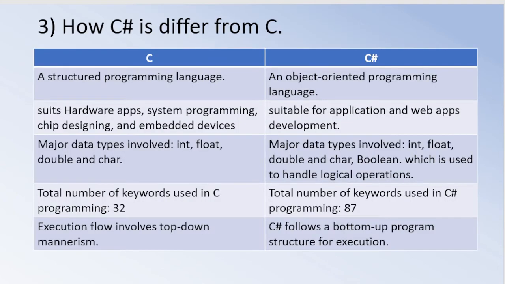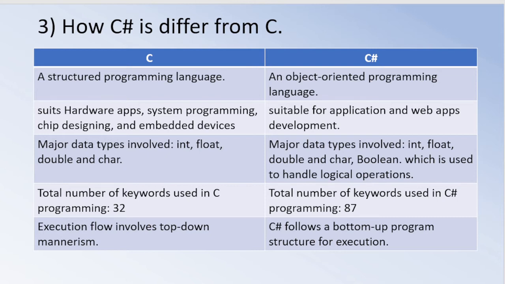Now our question number 3 is how C Sharp differs from C, or the difference between C and C Sharp. Our first difference is C is a structured programming language and suits hardware apps, system programming, chip designing and embedded devices. Whereas C Sharp is an object oriented programming language majorly suitable for applications and web apps development. Another difference is the major data types involved in C are int, float, double, and char. And the major types involved in C Sharp are int, float, double, char, and also boolean, which is used to handle